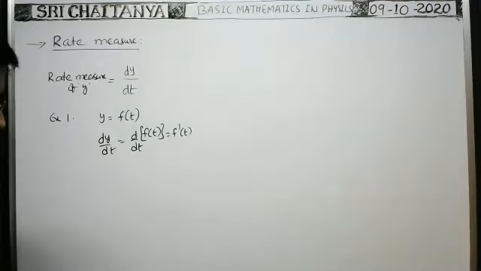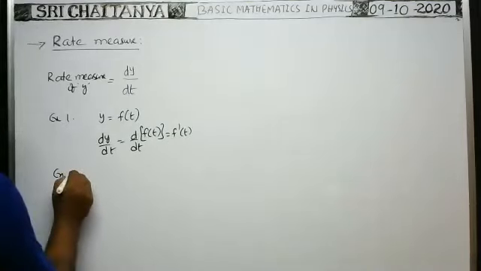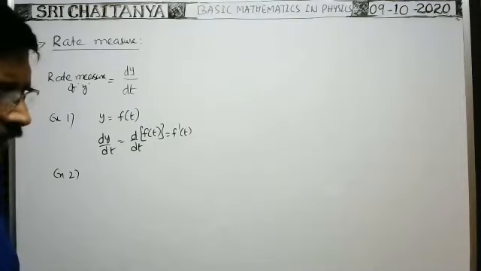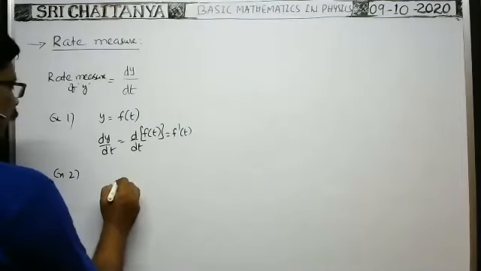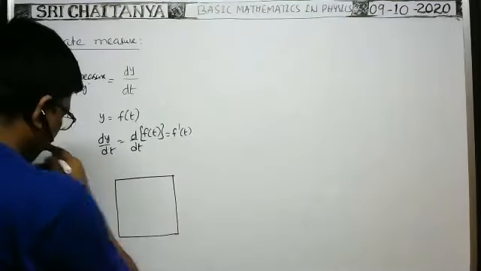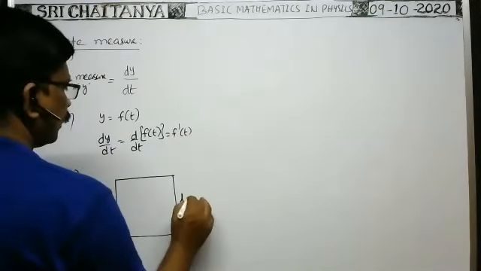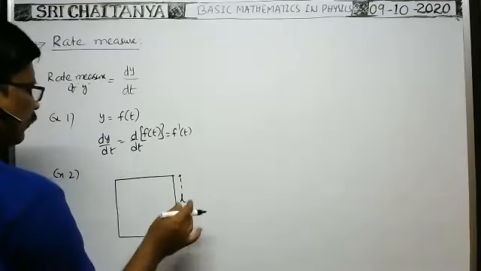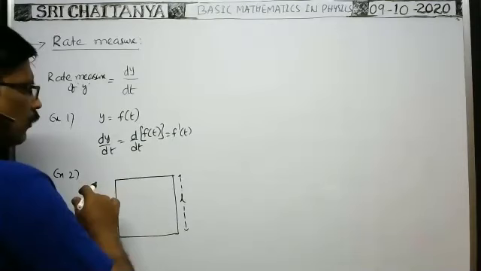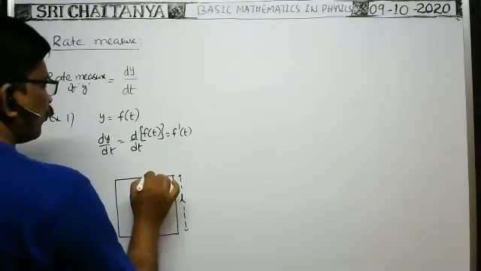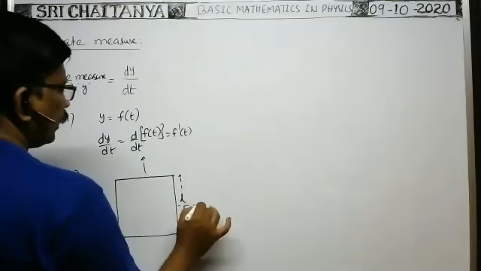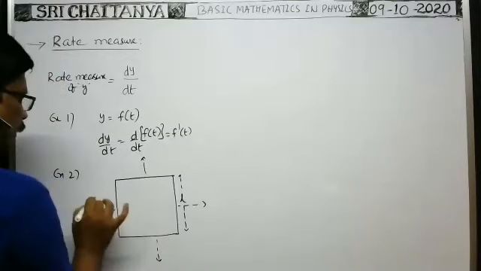Now I want to explain one example here. You see where it is applicable in our physics. Initially, we are given a square frame of side L. The size of this square frame gradually increases with time. That means this side moves in this direction, this side moves in this direction, and likewise for the other two sides.